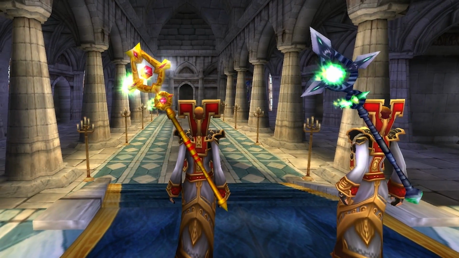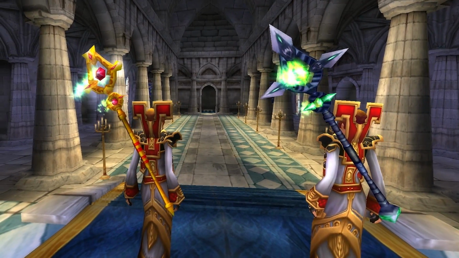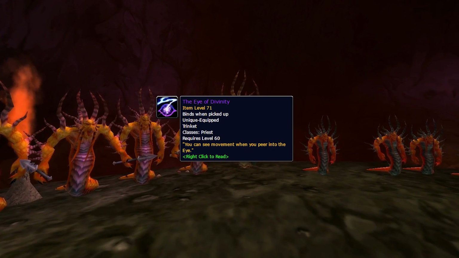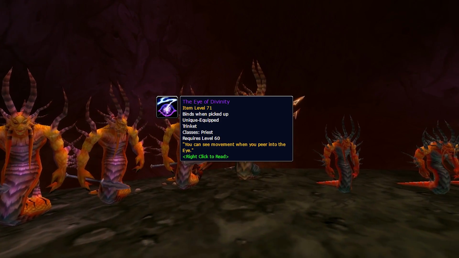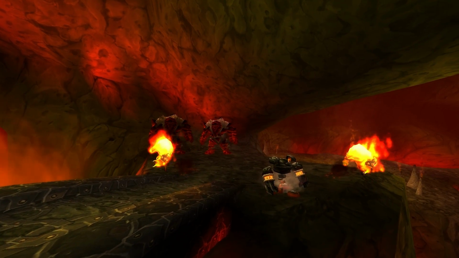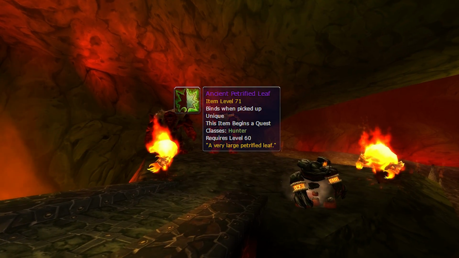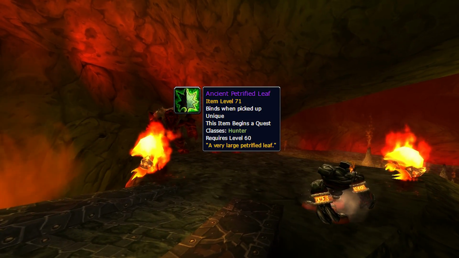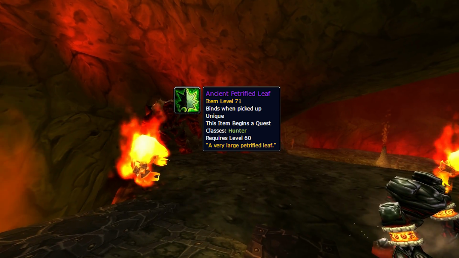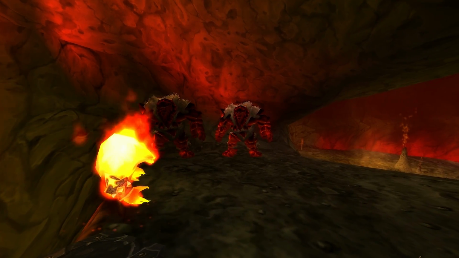In the recent past, we have talked about two priest weapons, Benediction and Anathema. The quest chain to obtain these began by looting an item called the Eye of Divinity from Majordomo Executus in the Molten Core. The Hunter questline actually began in the exact same way. Executus also used to drop an item called Ancient Petrified Leaf, and this was an item exclusive to hunters. The tooltip simply read a very large petrified leaf, and upon using it, the hunter was given his first quest